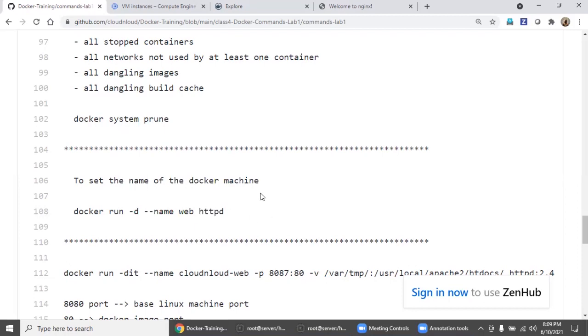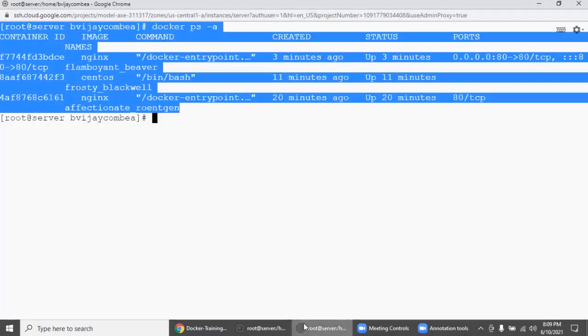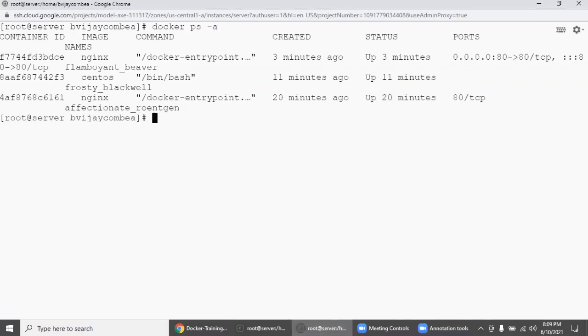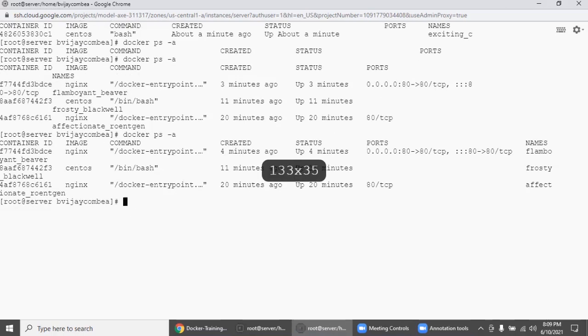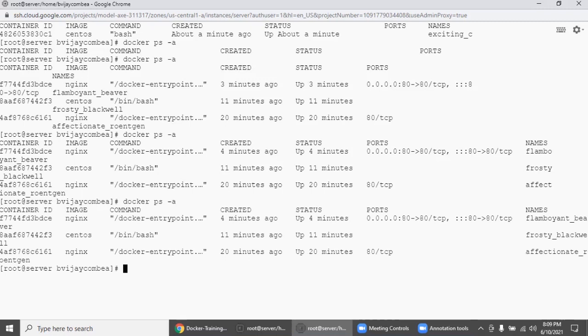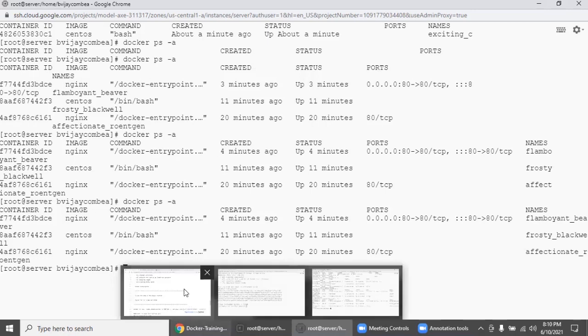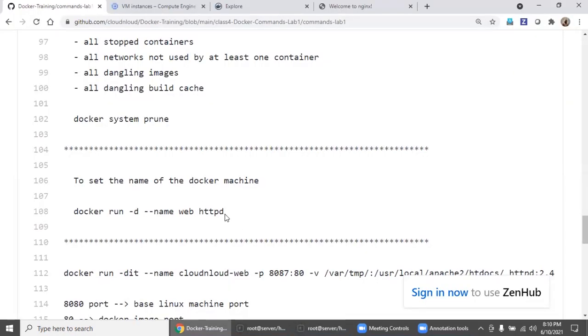Now, to set the name of the Docker machine. I will come down. See here, the names are set somewhat randomly, like flamboyant. That is as per the standard, but we cannot go with their naming convention. So we go with something like web, or production server 1, or production application project 1.